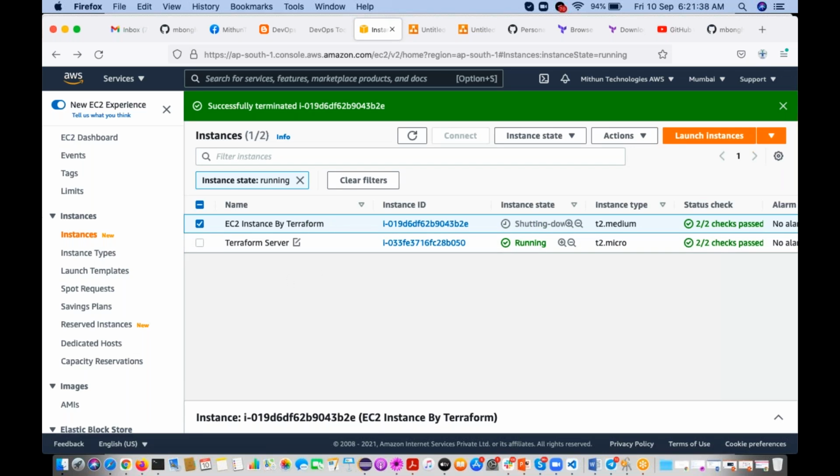So Taranjit is asking, sir, we created main.tf and provider.tf. How will Terraform know which files to pick up the config from? That is the standard syntax.